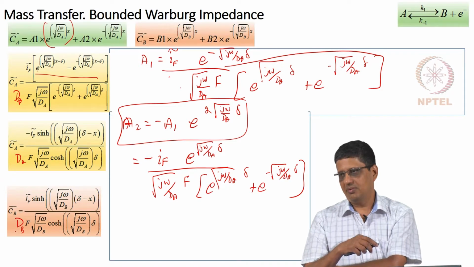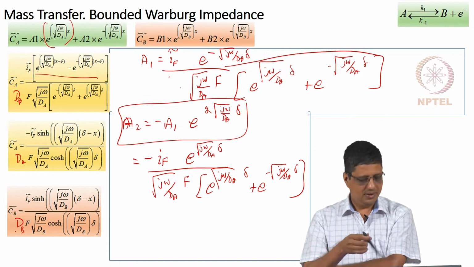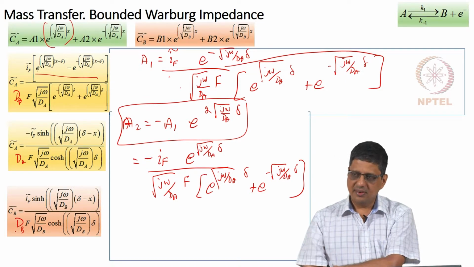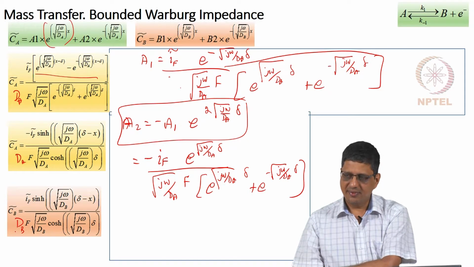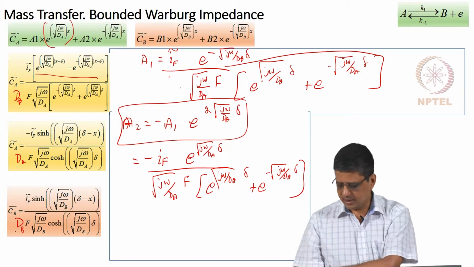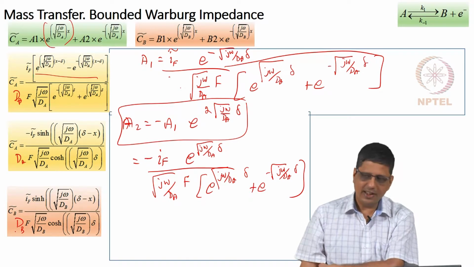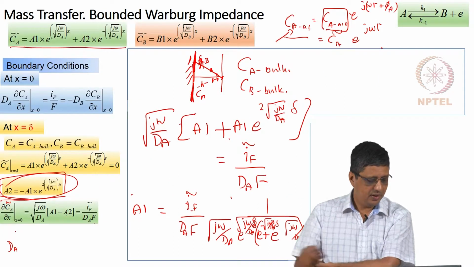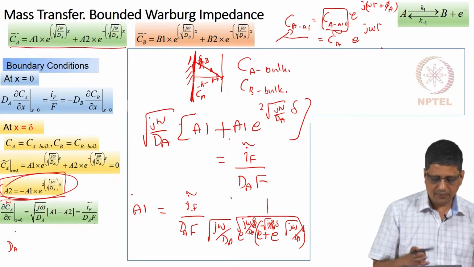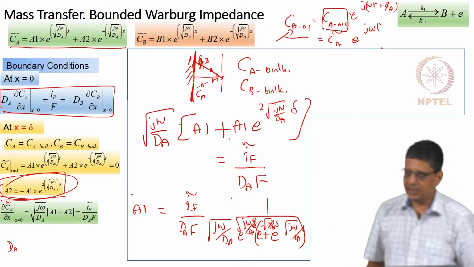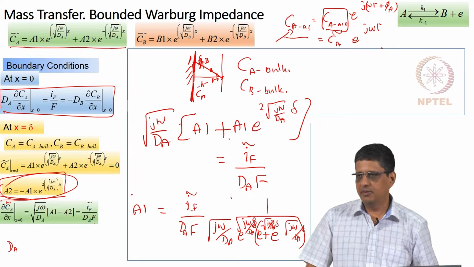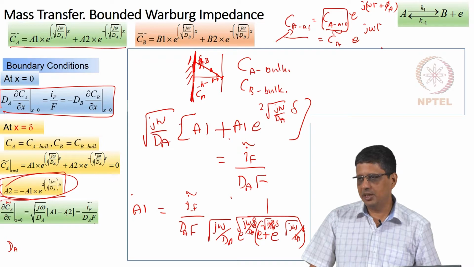But for a binary system, we have proved that JA is equal to minus JB. Here also. So if dCA/dx is decreasing, even if we consider that DA is not equal to DB, if one is increasing, the other is decreasing. That is why we write the boundary condition this way: when it is positive here, it is negative there. The amount of A that is coming in is going to be equal to the amount of B that is going out. J of A and J of B are equal with opposite signs.